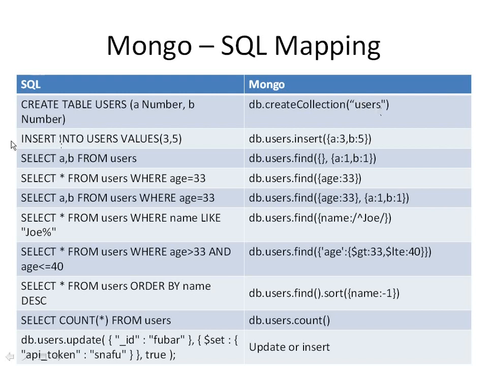Now if I want to insert some specific values, insert into users values 3, 5. So here I can do db.users.insert a:3, b:5. Here you can see in my initial command I have only created users, but I have not specified what all attributes will be there. And in the second command I am inserting a is equal to 3 and b is equal to 5.